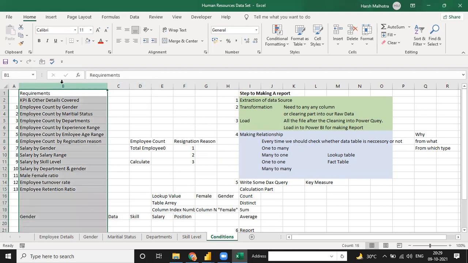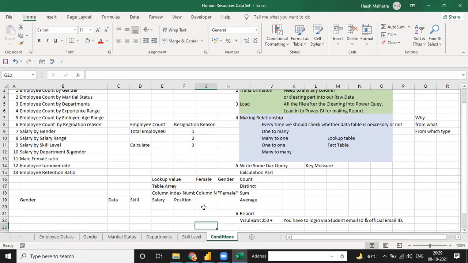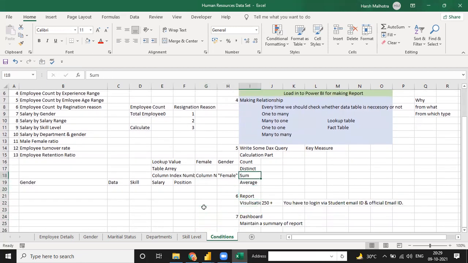You can go from B to any column, and you just have to index which column. You don't need to write a column index number. You have to write a column name, then equal to, and put the parenthesis for what you exactly want in, for example, the gender column. If you want female, you put female in double quotes, and your value will be there as female. Okay, I will tell you in future, because right now it's just the starting. Yes, it's difficult to understand right now, I know, but understand slowly, then it will become complete.